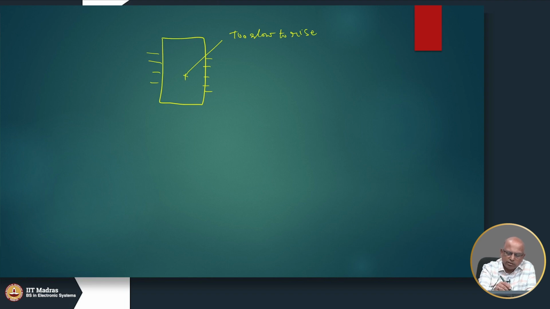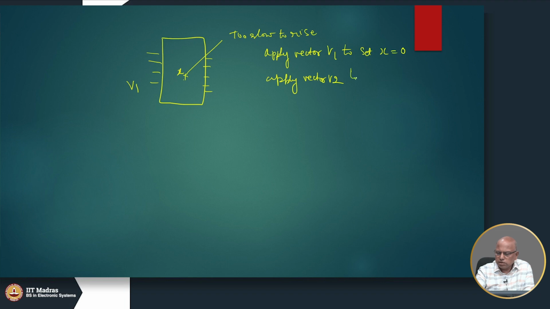So we will need one vector V1 which will cause this output to become 0. Let us say this node is called X. So apply one vector to set X equal to 0. That means you have initialized that node to 0. Then apply another vector to set X equal to 1, which causes the transition,